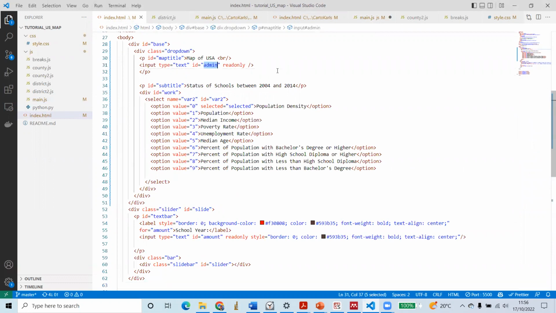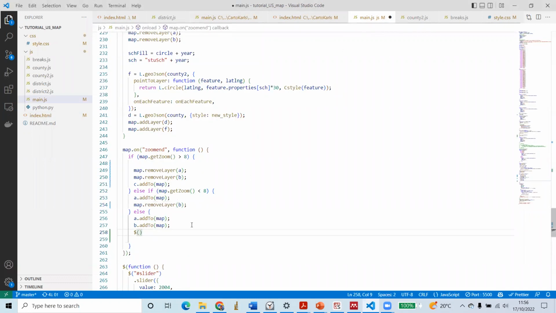So in the id, admin. So when admin will be the id which contains the name admin, the placeholder will take the value, so val, and then the name will be, I will write county level. So save it,